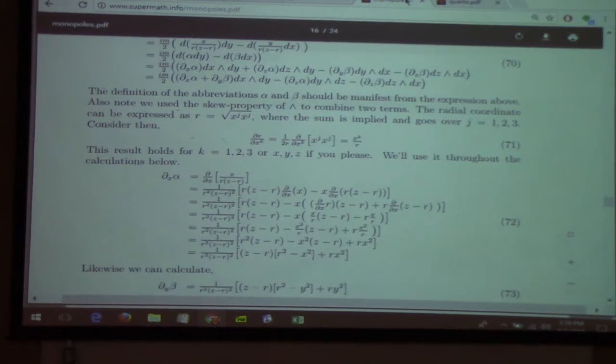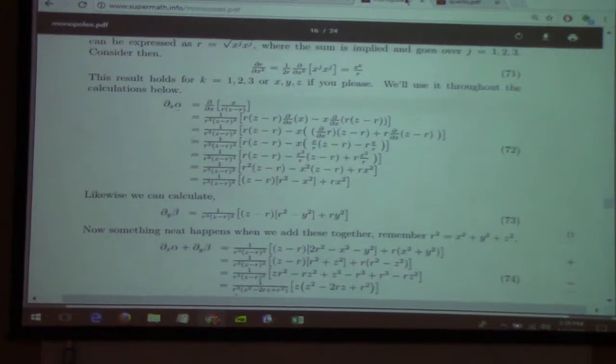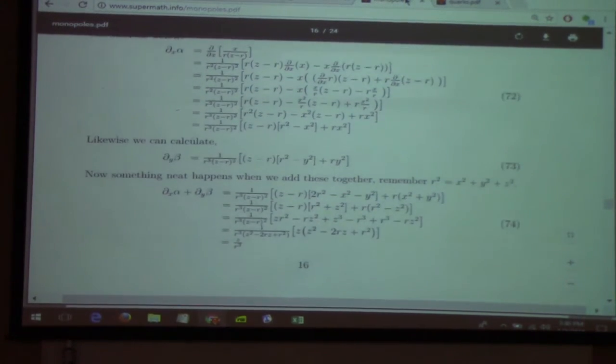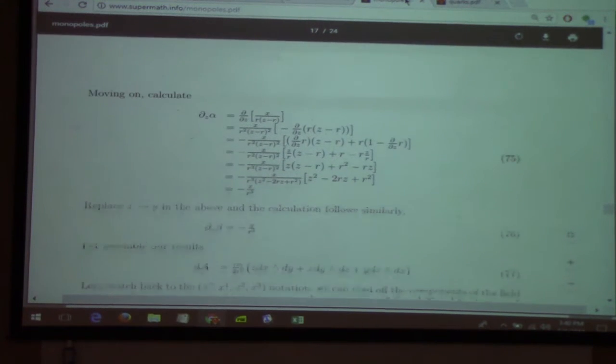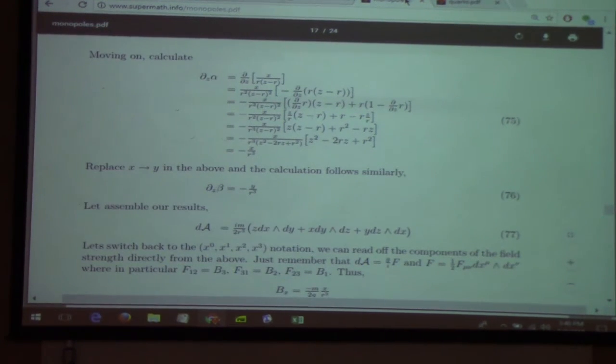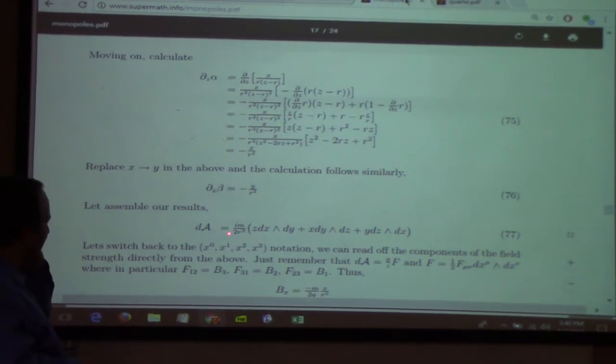And then there's the partial derivative of alpha. Oh, I see. And then there's the partial derivative of beta. And then I add them and calculate some more, and calculate some more. And oh, there you go. So the exterior derivative of that one form works out to Im over 2r cubed